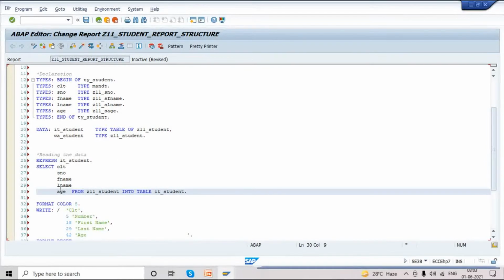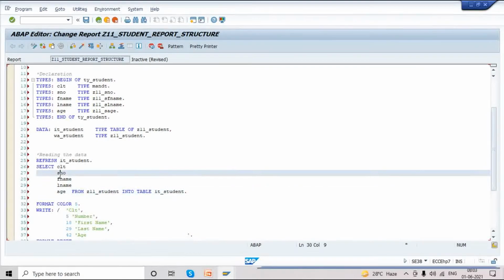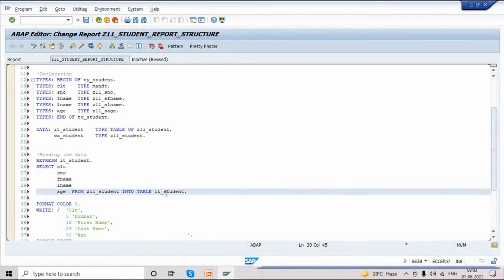Both are different structures. Basically, an internal table is the instance of a table. It should be the same structure, because we are capturing the same content. We are storing the same columns and rows format. It should have the same columns. Now we are reading 5 columns, but the internal table has 11 columns.